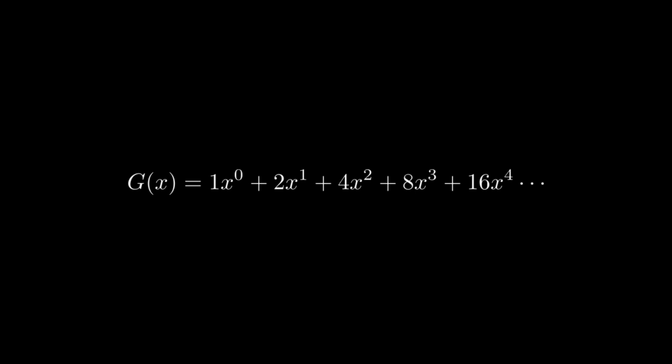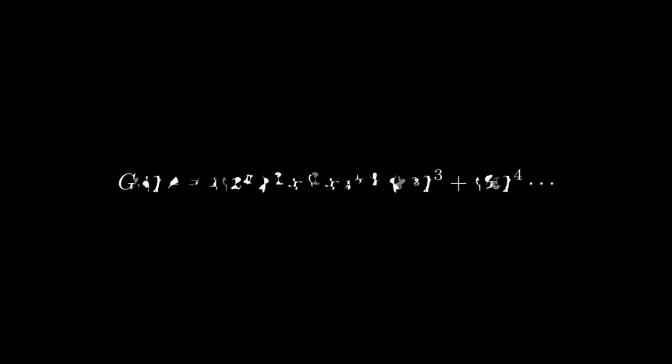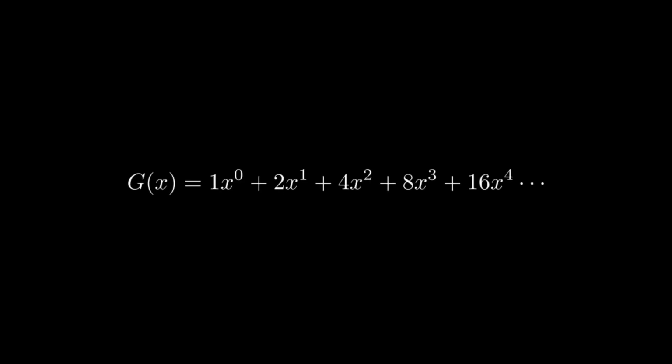If you know your Taylor series, you might spot that this is the expansion of 1 over 1 minus 2x, making it the generating function for our sequence, since it creates each term with increasing powers of x. Though satisfying to see so compactly written, it's actually the long polynomial form which will be of the most use to us, as we can get so much information that we can read off and manipulate from just one line.